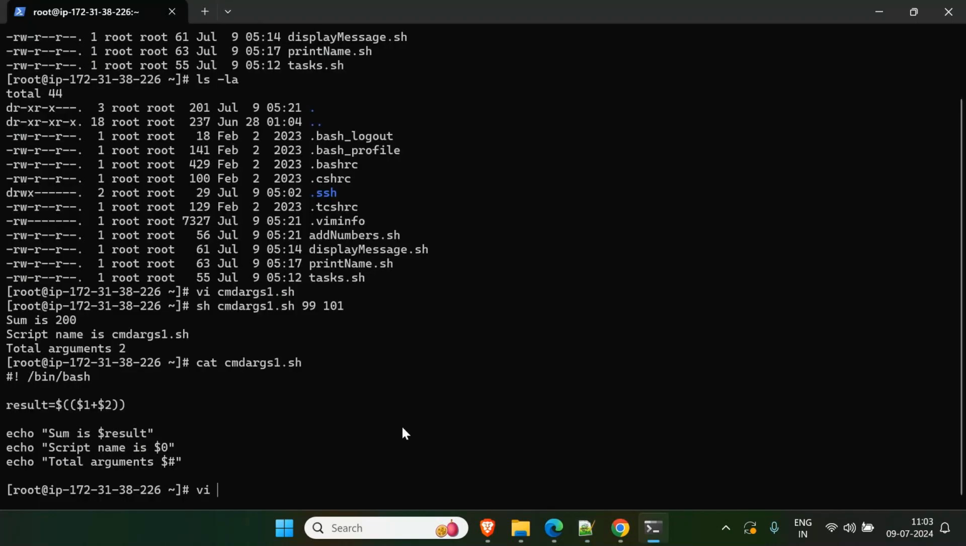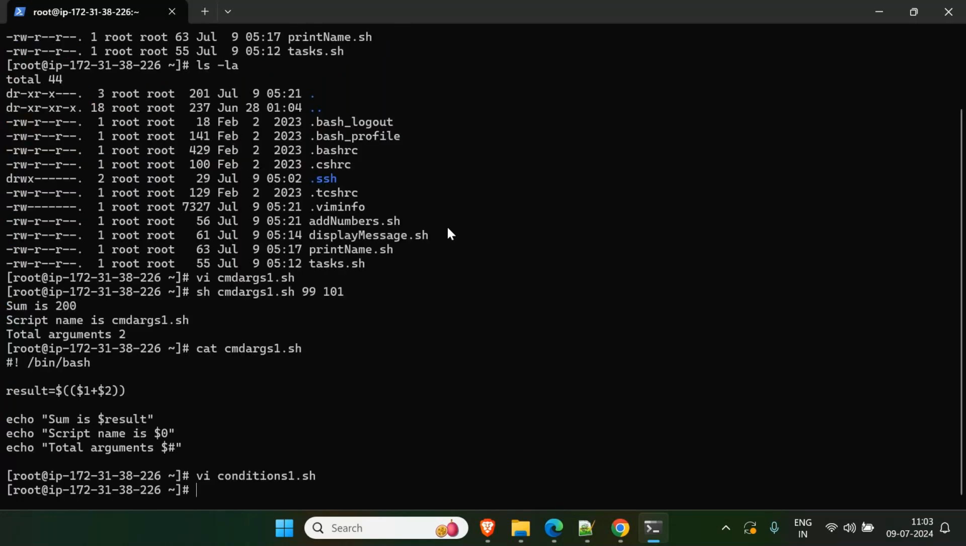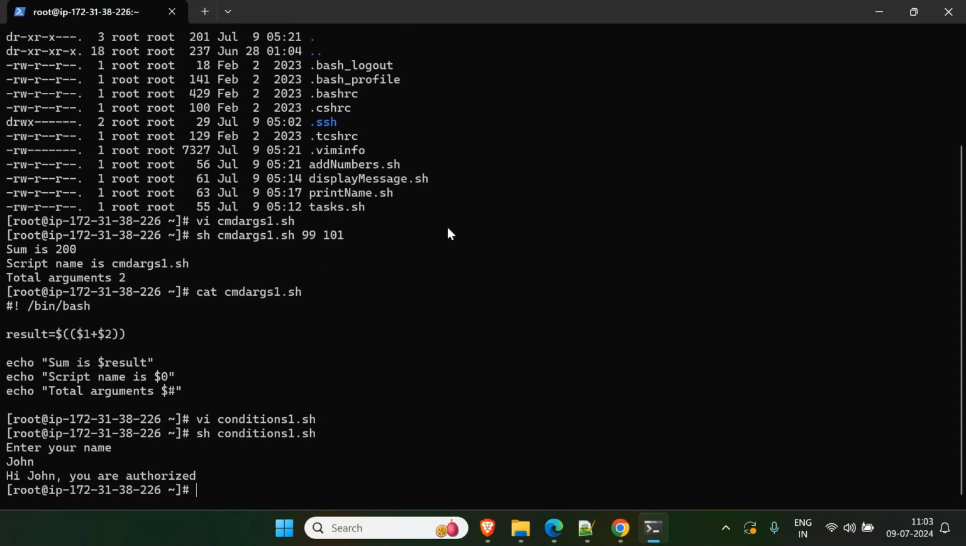vi conditions1.sh, insert mode, paste it here, escape. Now sh conditions, enter your name. I will say something like John. John, you are authorized. So there is some problem in the code. John should not be authorized. So for that,